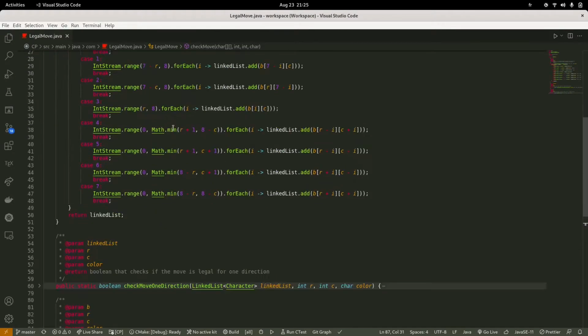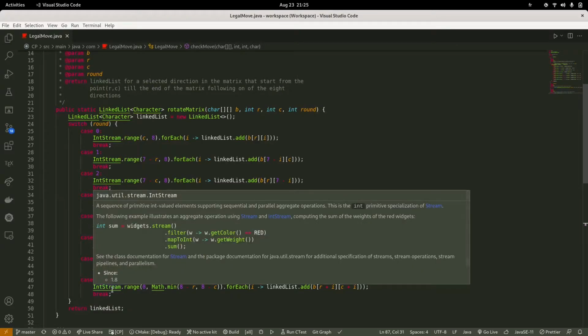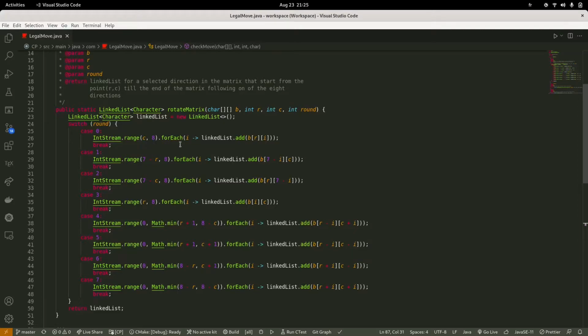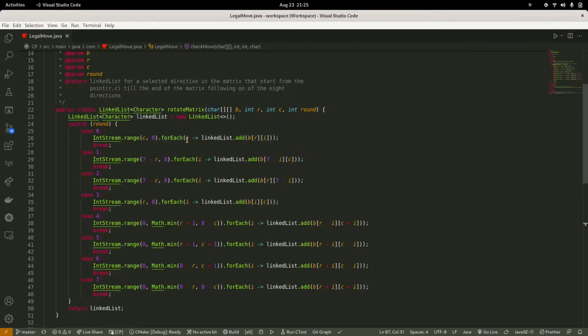So the first thing that I did is I created the linked list in Java. This linked list is firstly empty. Then I used this switch, and for an option between 0, 1, 2, 3, 4, 5, 6, and 7, I can give back an output. So the first thing that I did is that I created this, which is basically just like saying for